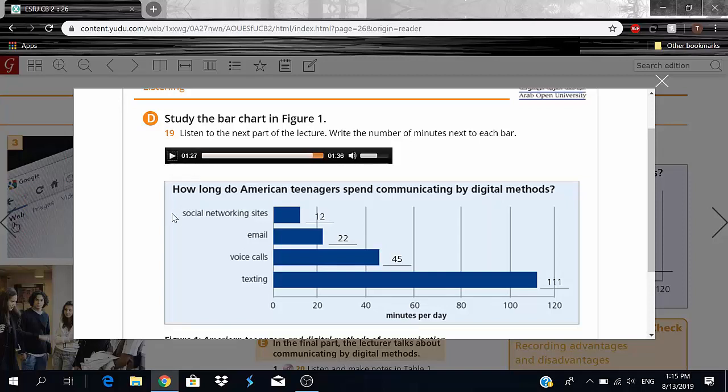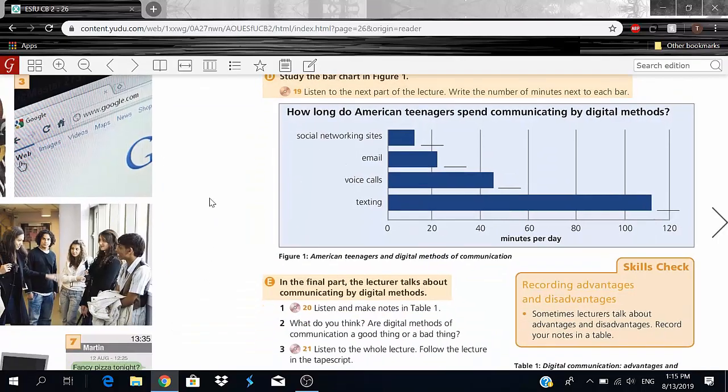So on average, if we combine it all, we can say that American teenagers spend on average 190 minutes every single day. That is almost 3 hours of just using your cell phone or your computer, or basically staring into a screen. So, wow. That is more than 3 hours. And in today's age, I honestly think that 3 hours is really not that bad. Some people that make a living of this sort of thing spend like 6+ hours every single day. But hey, I'm not one to talk.